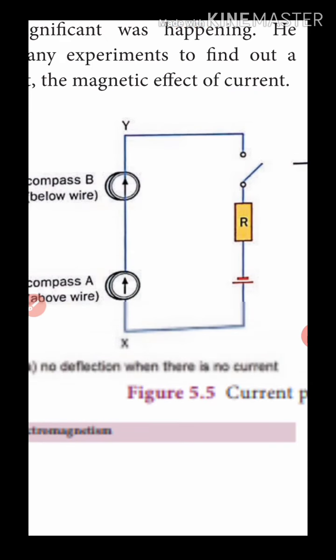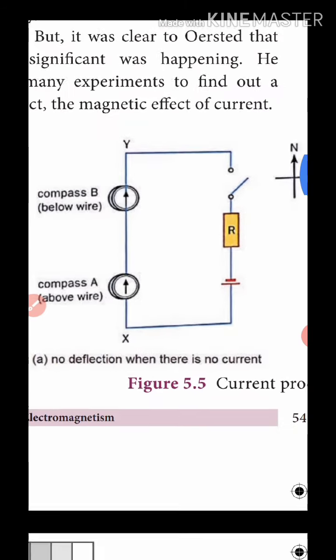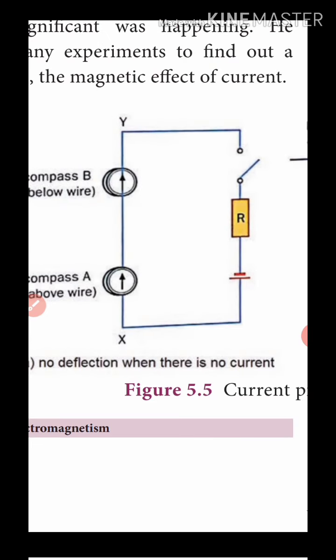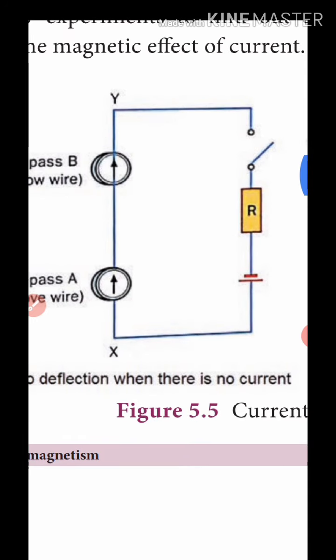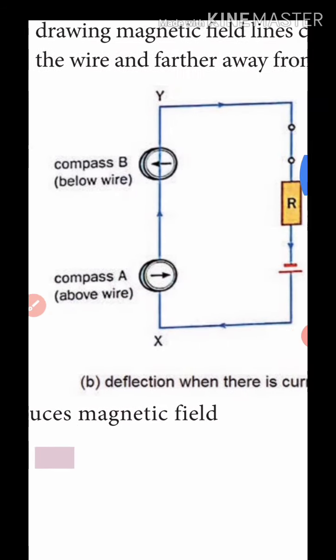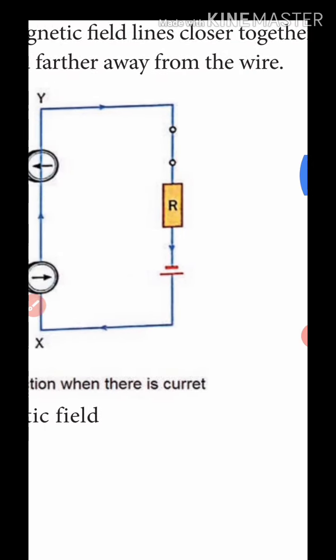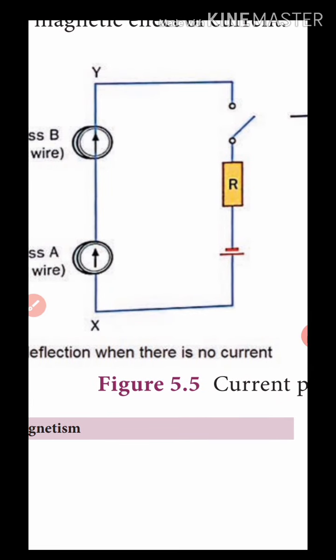He conducted many experiments to find out the startling magnetic effect of the current. The first one: no deflection when there is no current. The second one: deflection when there is current. The direction of the magnetic lines around a current carrying conductor can be